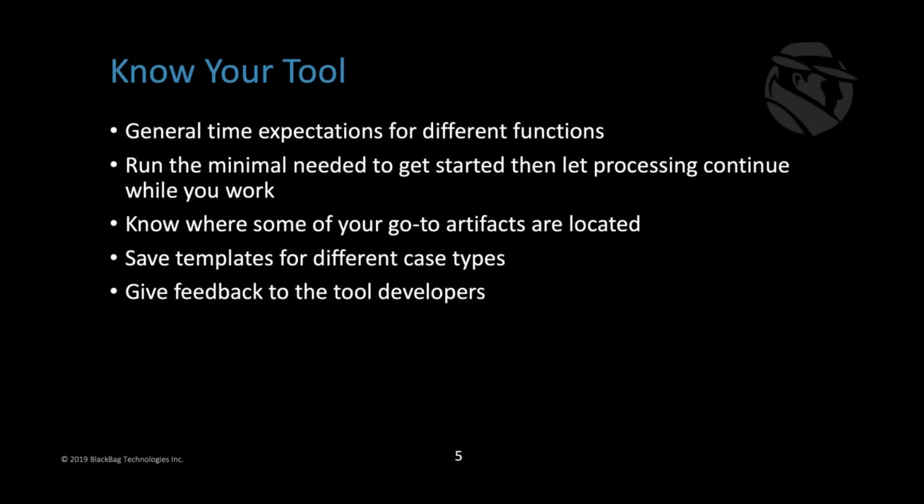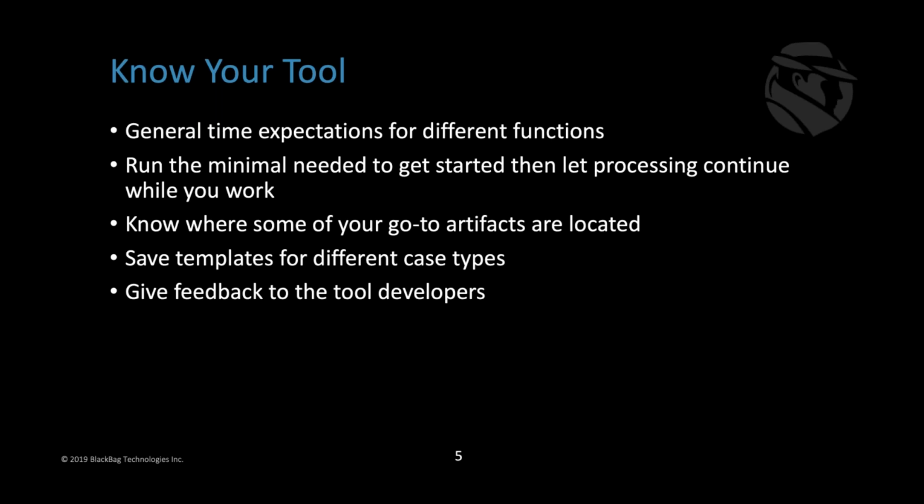The next tip that I want to focus on is making sure that you know your tool. And this is going to help you both in knowing what your tool can do and knowing how long specific things take to run. Ideally, like in Blacklight, you can run certain options up front, start your investigation, and then run longer options further down the line. Some functions just take a long time because they have to touch every file. Things like hashing, if you're going to do that across your whole case, that's going to take a little while just because it needs to read all the bytes. There's not a way to super speed that process up.